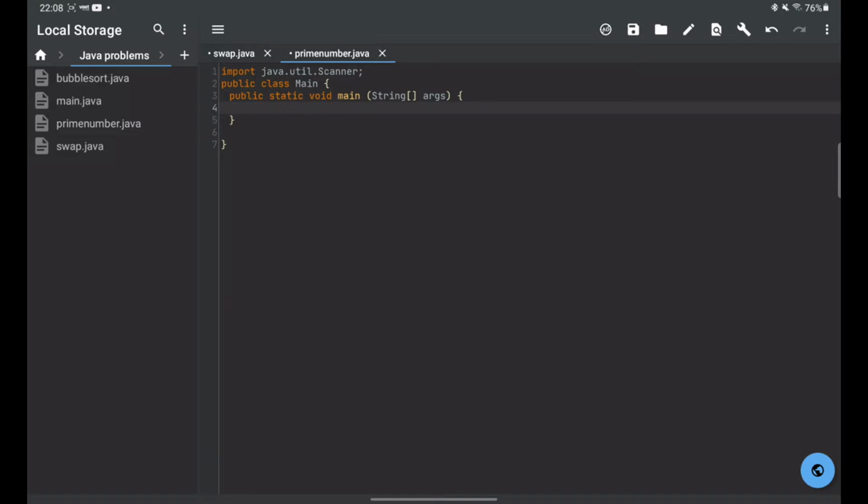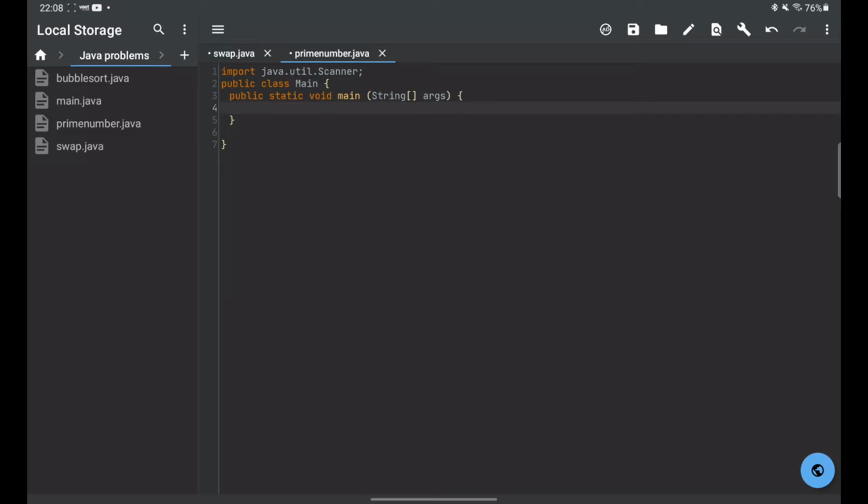Suppose you have the number 51. If you want to check if 51 is a prime number, you don't have to go from 1 to 51, dividing 51 by each and every number till 51. What you can do is go till half. So you can go till 51 by 2 and check till that number. If there is no divisible number there, then you can skip the rest, and that would give you a result that okay, it's a prime number, as it is not divisible by any number until n by 2. So that's the formula basically.